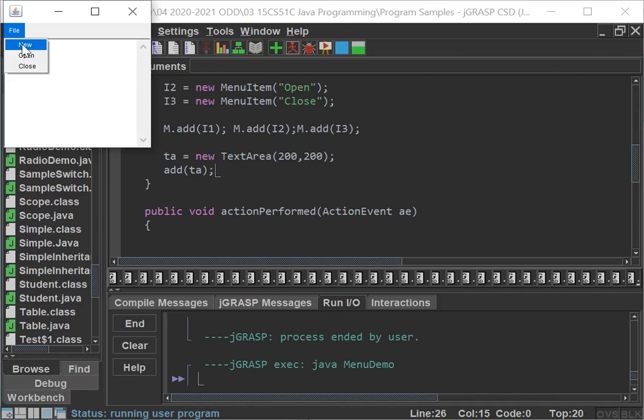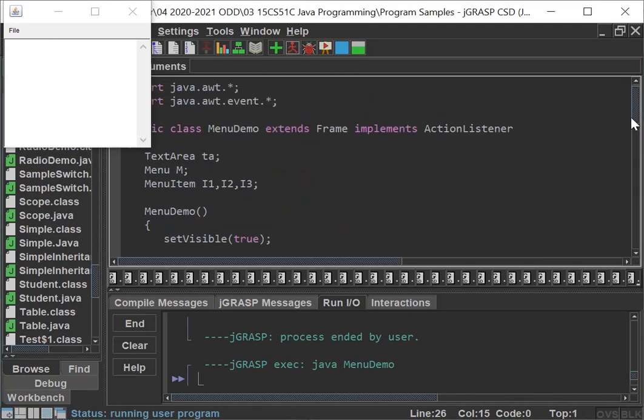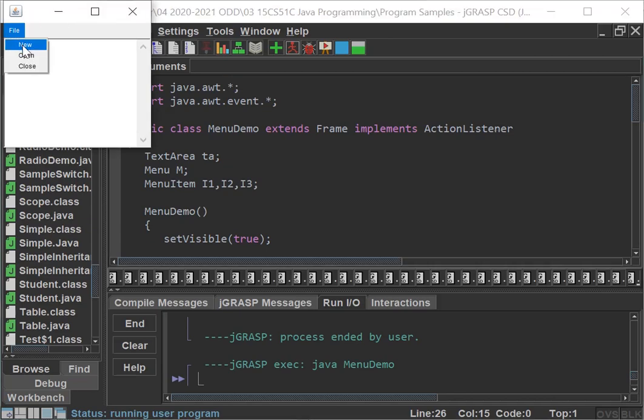The event has to be received from the ActionEvent class. When I'm clicking this New, it will be listened to by using the ActionListener interface. The ActionListener interface will receive which action I have performed in this container. It will understand there is a click event.